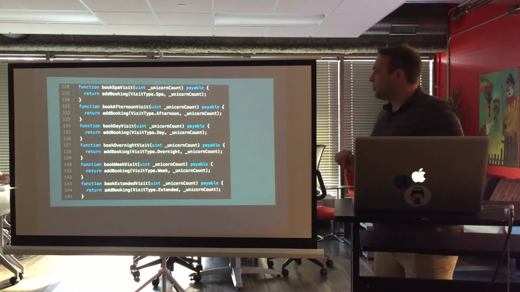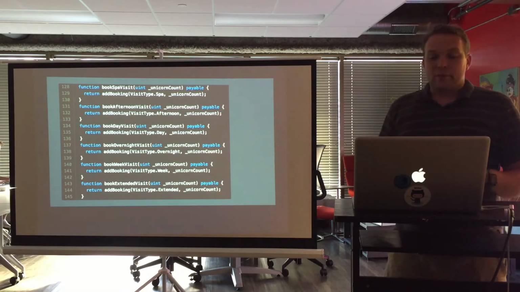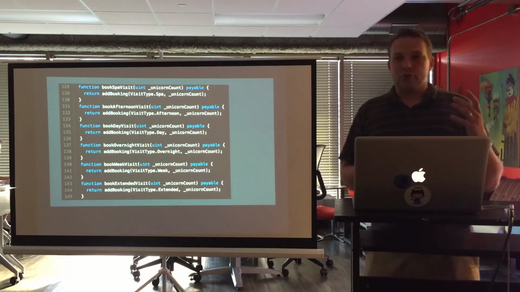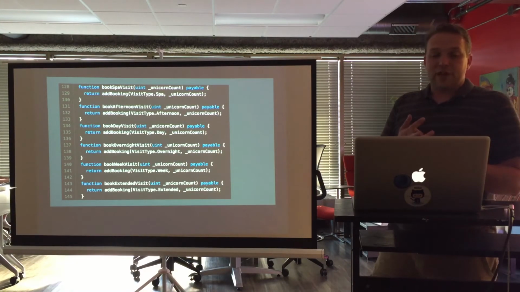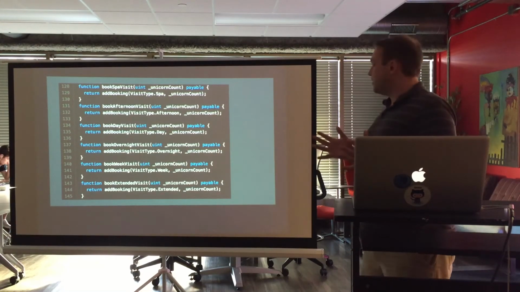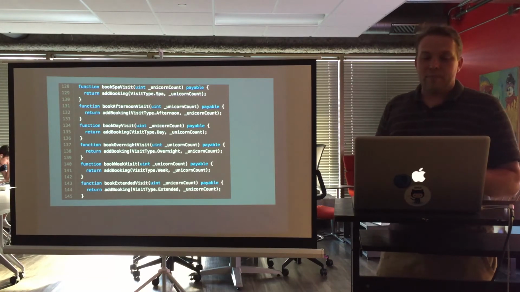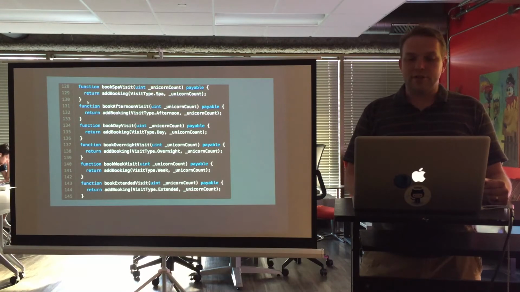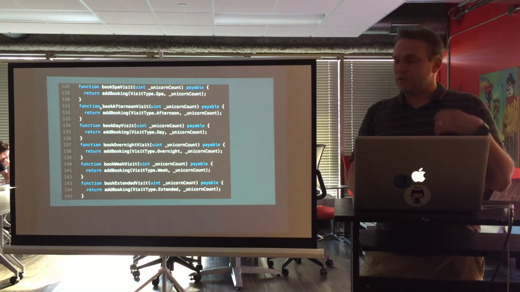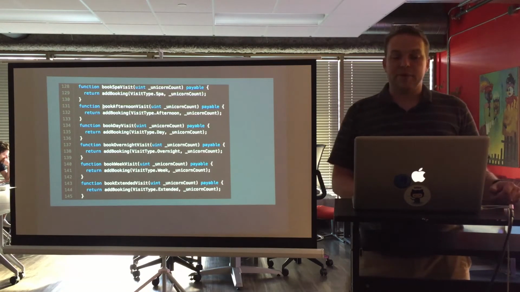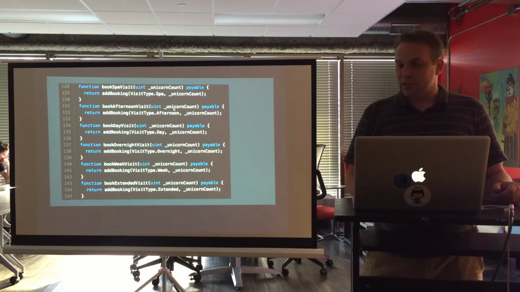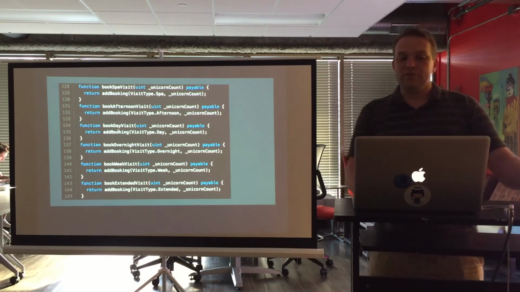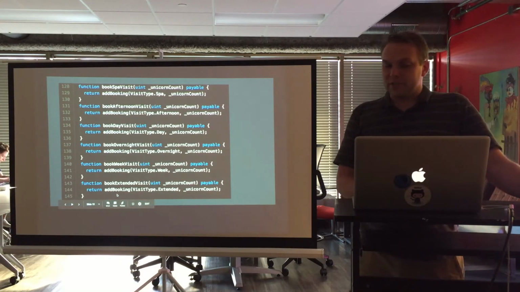And so I peeled out some of the code from the ranch contract. The ranch has this idea of several different booking types. You can either drop off your unicorn for a quick spa visit, they can stay for an afternoon, a full day, overnight, a week, or an extended stay. And you can see there are functions. The language used here starts with the word function, which triggers that this is going to be an action that's going to happen, and then it gets a name and what sort of input it needs. So we have these names here: booking a spa visit, booking an afternoon visit, booking a day visit, all these ones for all the different types.